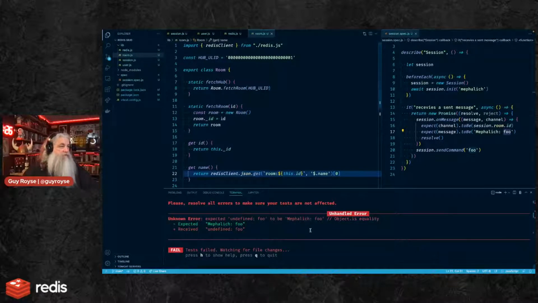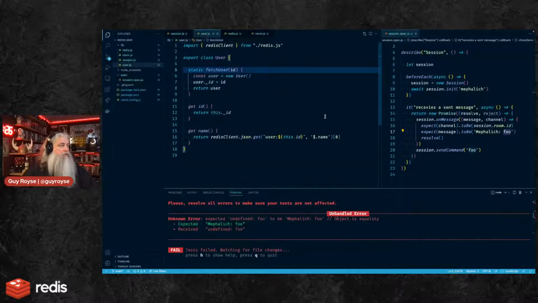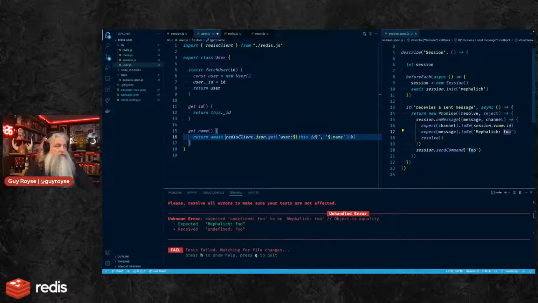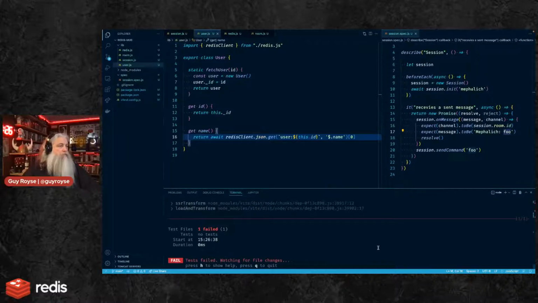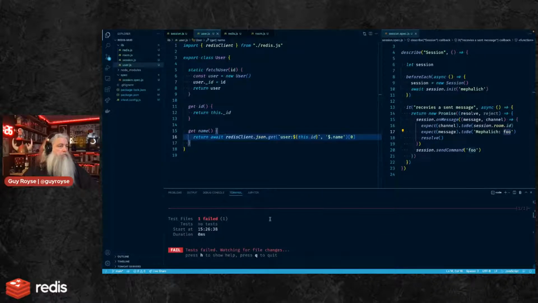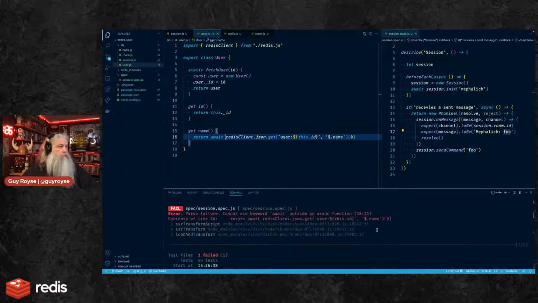But that doesn't... I wonder if we can do that. Yeah, I can't do that. That doesn't make sense.